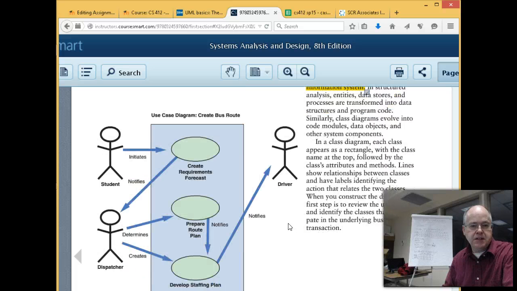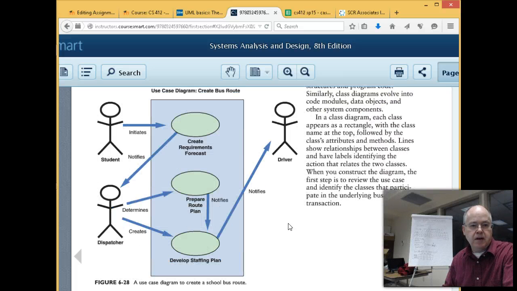They talk about a class diagram. Here's another use case showing basically what are we doing? Create a bus route. Just create a school bus route. So this would be some sub-process of a bus scheduling system